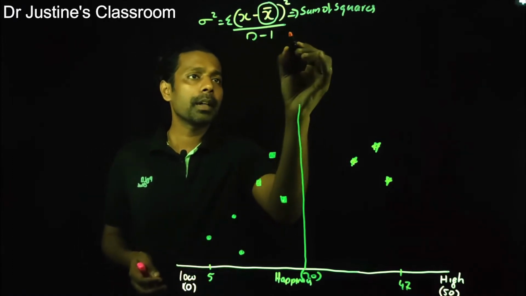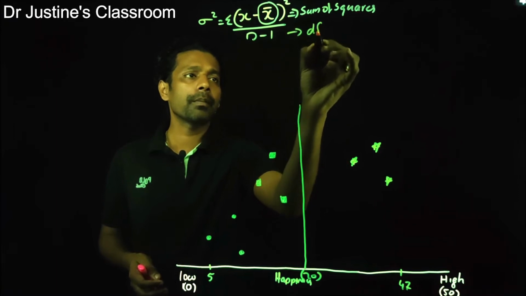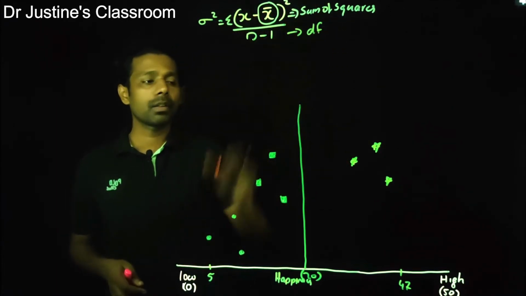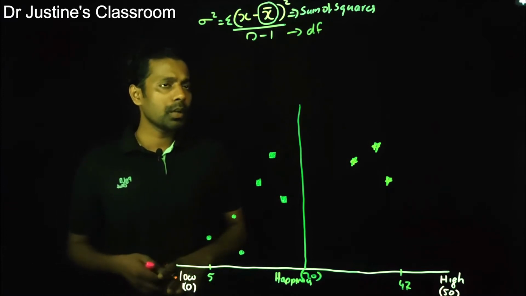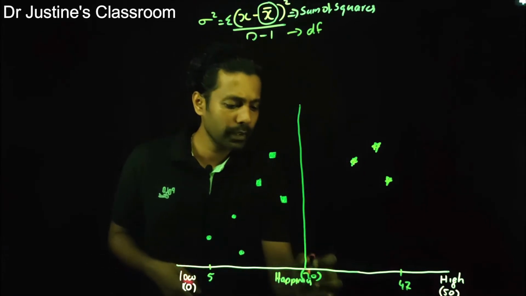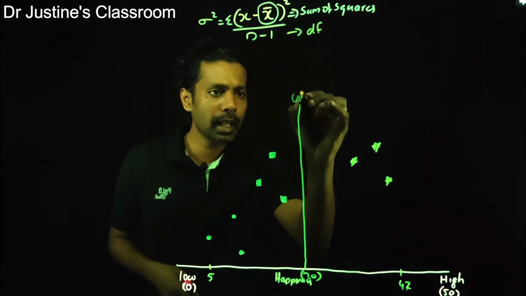This part is a reflection of the degrees of freedom. So the sum of squares divided by the degrees of freedom is the variance in this context. Now, how do we graphically plot this? I'm going to call this particular value 20 the grand mean, GM.